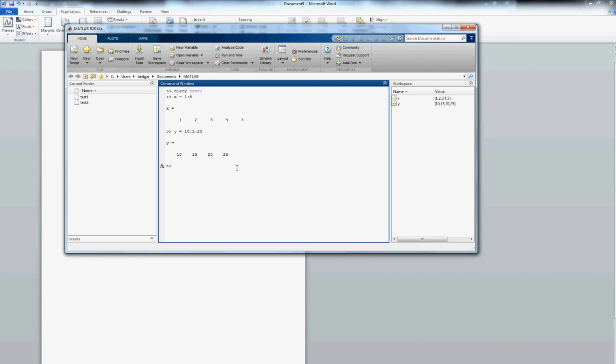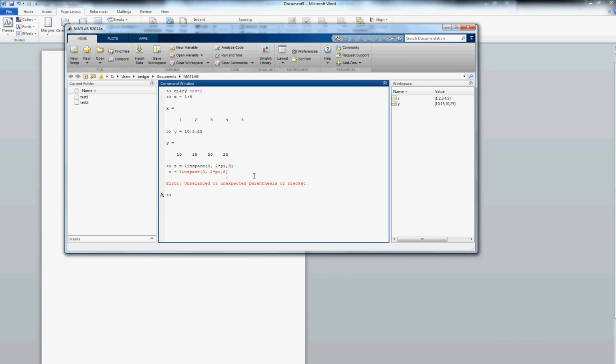The third way that we can create a vector is the linspace operator or function. So I'm going to say z is equal to linspace, and these commands can be found in your ebook resource on the Blackboard site. So on this one, I'm going to go from 0 to 2 pi, and I'm going to have, let's see, 8 different entries in there. So I'm going to close parenthesis,